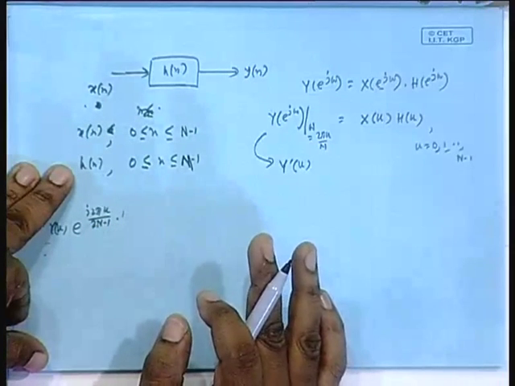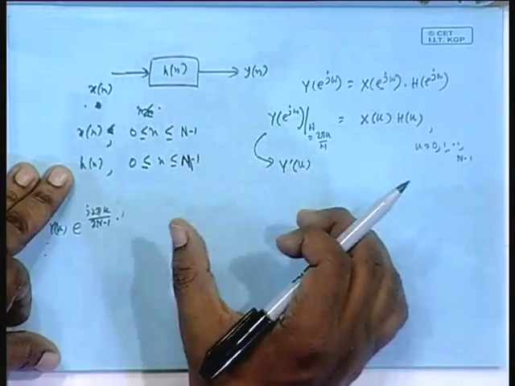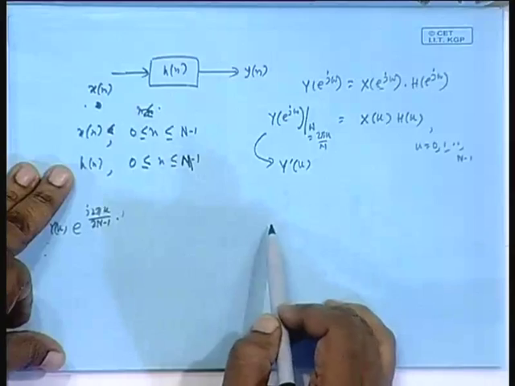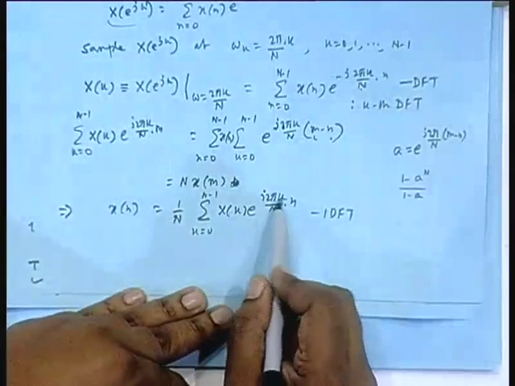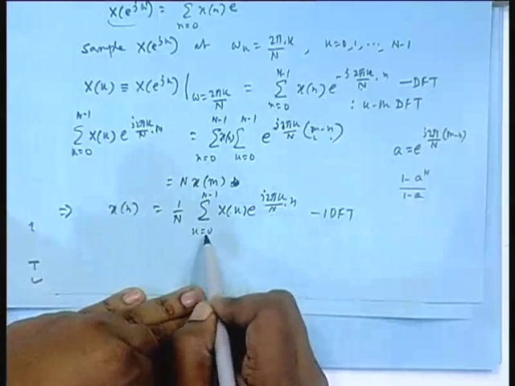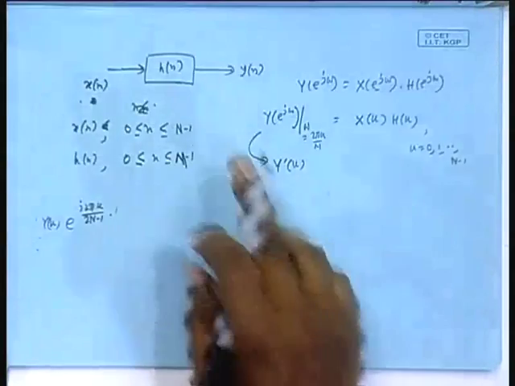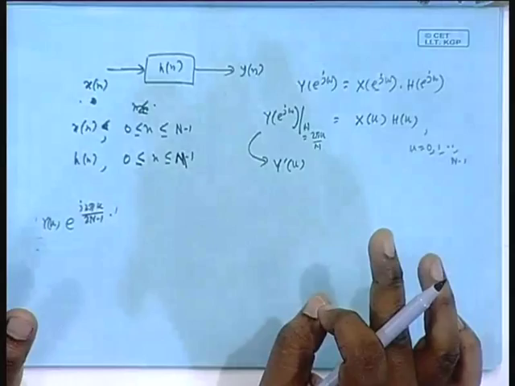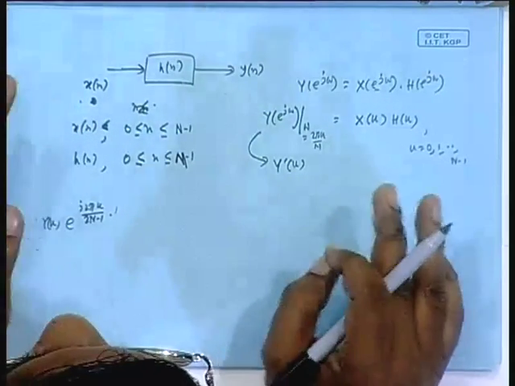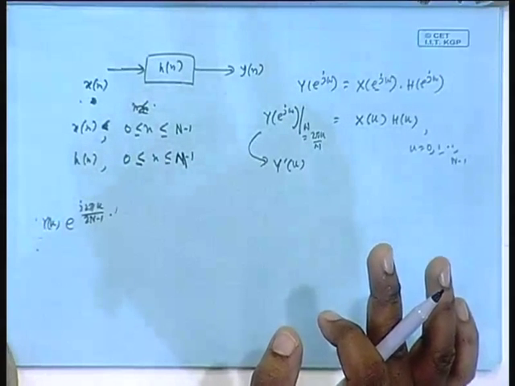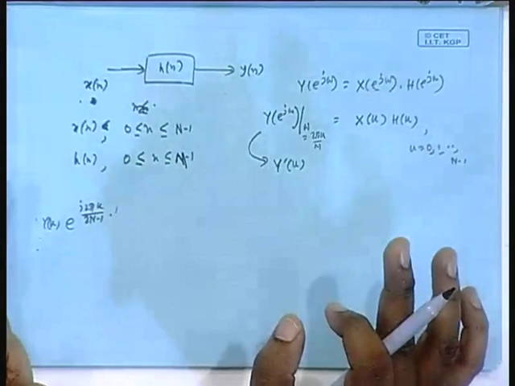But I am not having that. I am having only n number of samples, and like a fool I am just running the IDFT as though the sequence length was capital N. So summation will be from 0 to n minus 1, same 2πk by n only here, not 2n minus 1, 0 to n minus 1 only, not to n minus 2. So obviously I will not get back the correct y[n]. You understood this problem? Then what do I get? We can evaluate that. What I get will not be y[n].